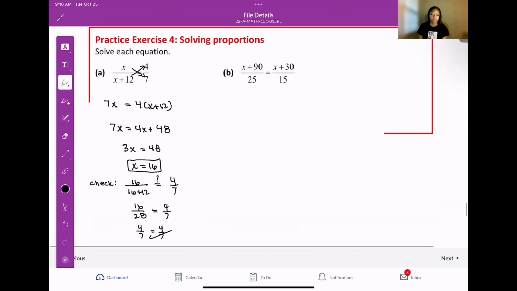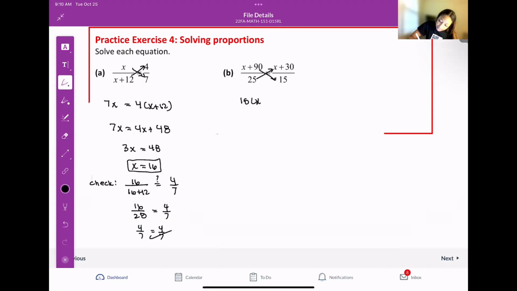All right. Then last one, x plus 90 over 25 equals x plus 30 over 15. When we cross multiply here, we get 15 times x plus 90 equals 25 times x plus 30. Okay, when we distribute, we have 15x plus, what's 15 times 90? 15 times 90, 1,350 equals 25x plus 25 times 30,